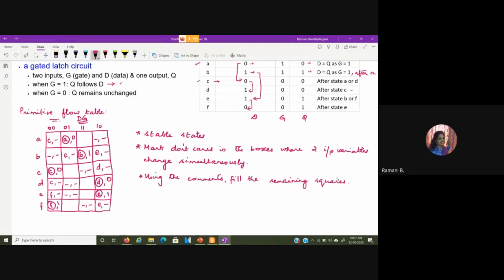Similarly, you can check for this C also. Here the input D is 0 and the gate input G is also 0, so you have the output to be 0. If my G value changes from 0 to 1, I still have the same condition because this Q follows the input D. So here also you can say this can occur after state A. And lastly for F, again this is similar to this particular condition.